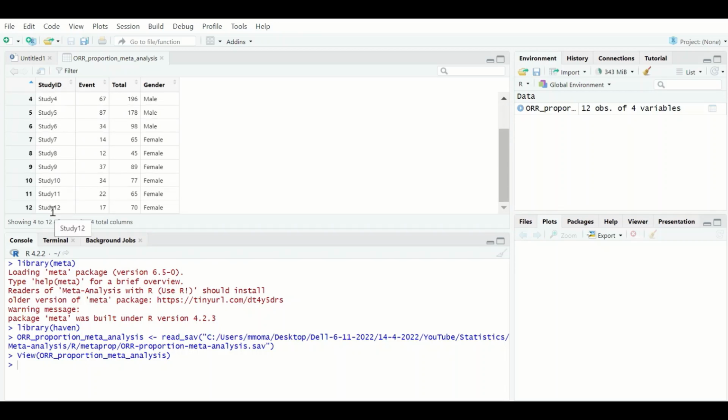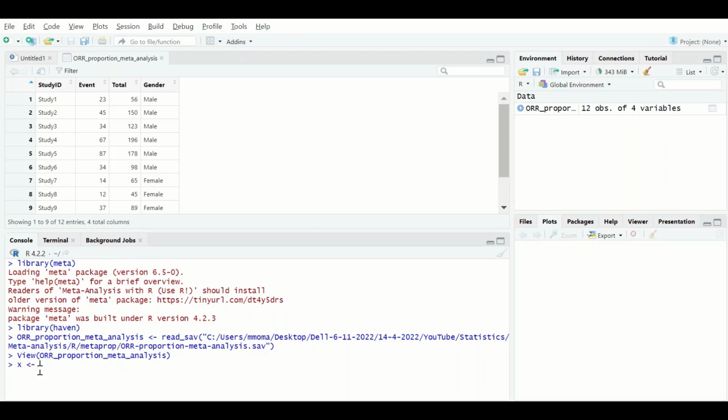As shown here in the top section in the table, there are 12 independent studies labeled from 1 to 12, with a variable named study ID, a second variable which is the event for the specific condition, and then the total number of participants recruited for the study. So to perform proportional meta-analysis on these 12 studies, in the section here, let's generate an object and call it X,